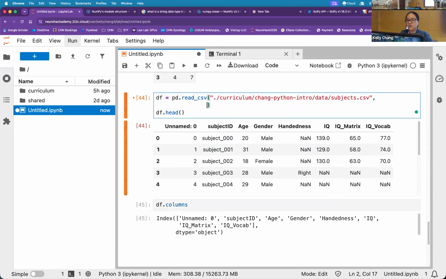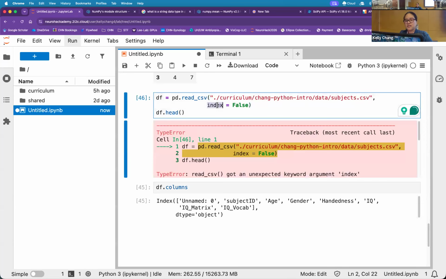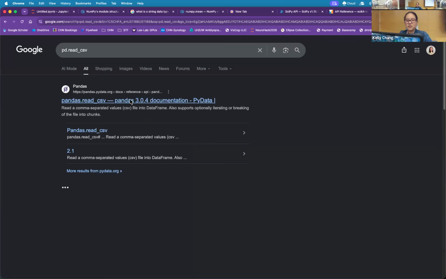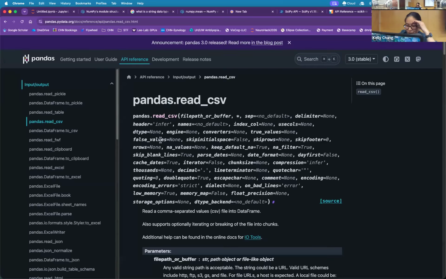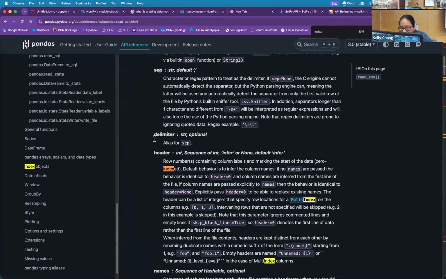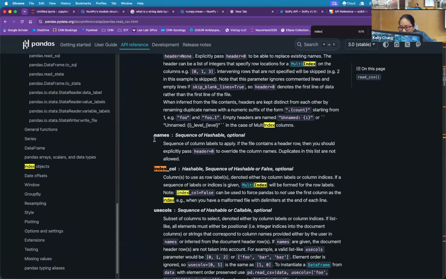So actually, I think my memory serves me correct. As index? Cannot remember. read_csv. Look at all these defaults. Index col, header, yes. Index col can be forced.